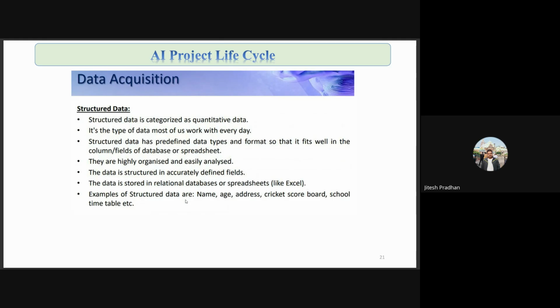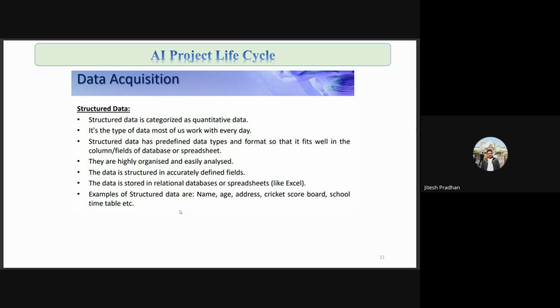Okay, it will be arranged in a predefined format. For example, structured data can have name, age, address. Let's say if we are doing some prediction about cricket, then a cricket scoreboard is there, or a school timetable can be there. Everything that can be represented in a tabular format, like in an Excel or CSV file, falls under